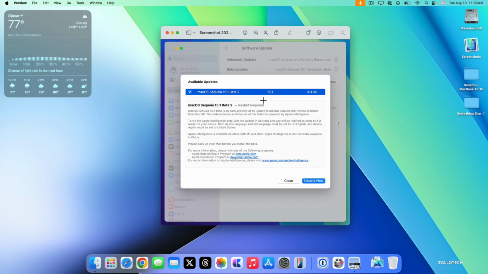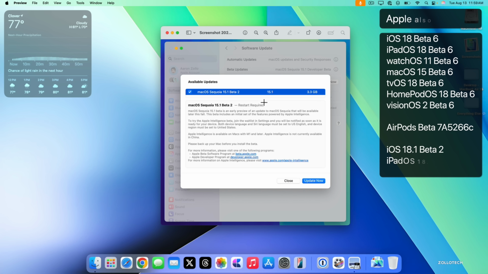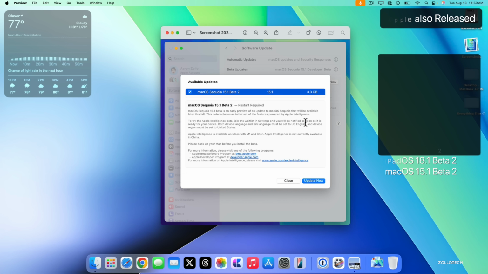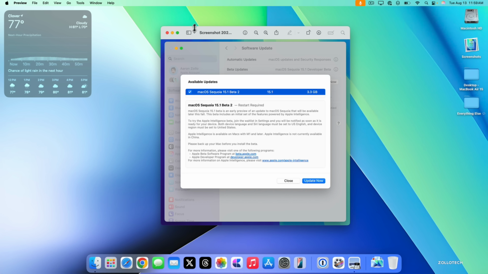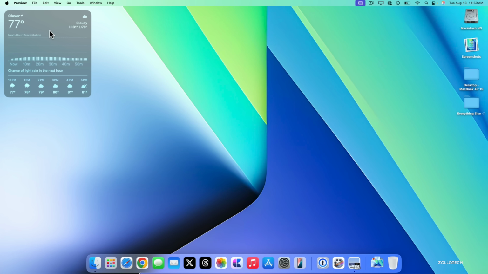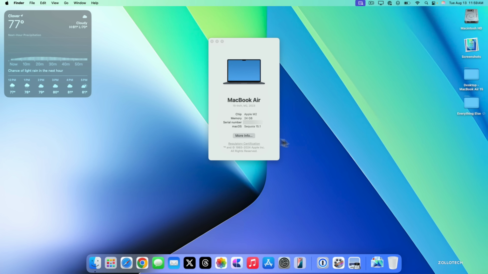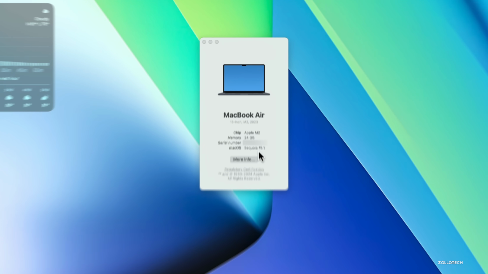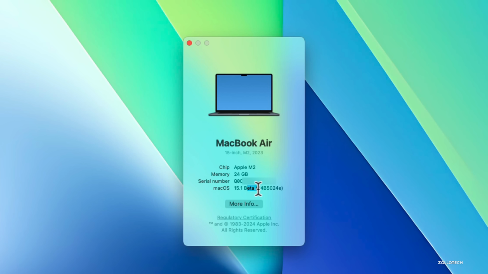Now, this update was released alongside many other updates with iOS 18 Beta 6, iOS 18.1 Beta 2, and many others. This came in at 3.3 gigabytes. This is on a 15-inch MacBook Air M2. Let's go ahead and close this out, and we'll take a look at the build number and then talk about what's new. So we'll go to the Apple, then About This Mac, and as you can see, we're on that M2 MacBook Air. If we click on macOS 15.1, you can see the build number is